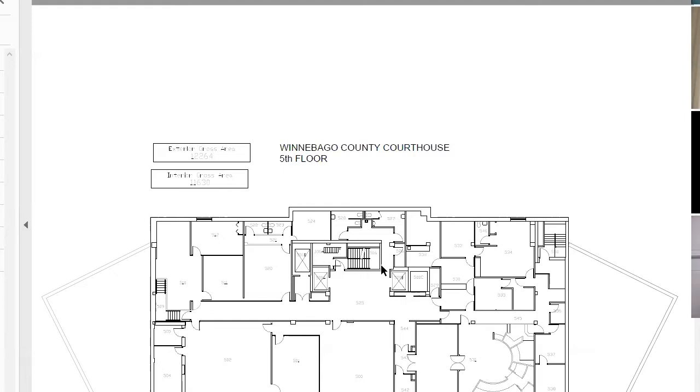Okay. So the areas that I'm going to show you are the ones that are open right now. And it's this little corner down here and the space along the outside of the wall, which is roughly about 2,200 square feet. There is an area over here right now that is leased out that could be opened up, and that's 900 square feet. So it's about 3,100 square feet that we would be able to potentially use for Mary Ann or